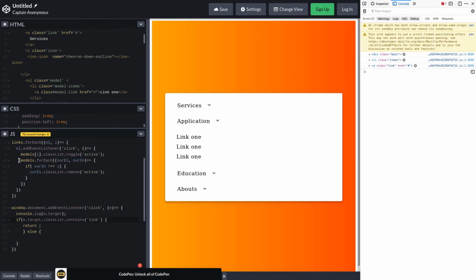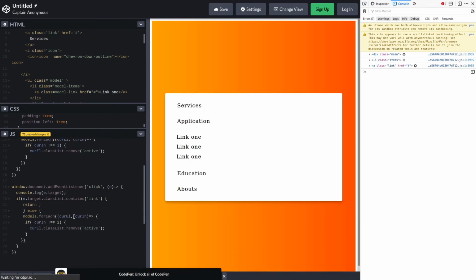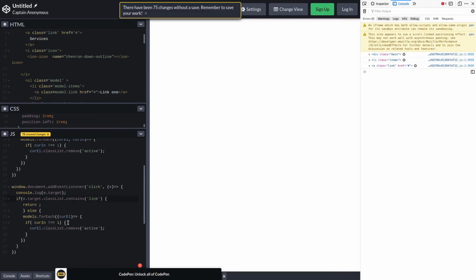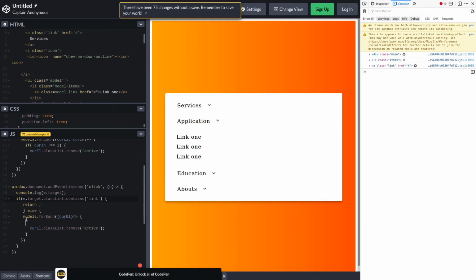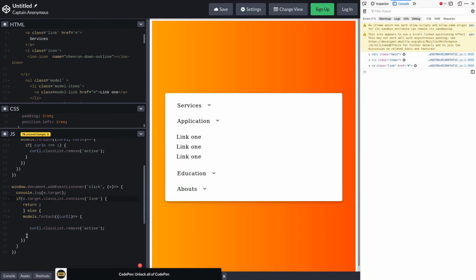To do this same, like here, models.forEach current element. We don't need the current element here, we need only this element, and we don't need this. And not this. Now save this.